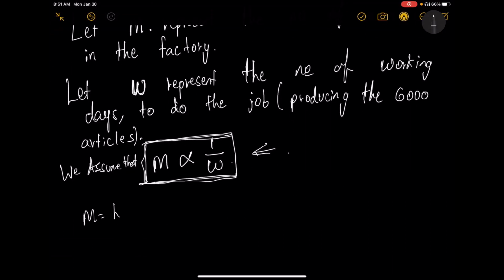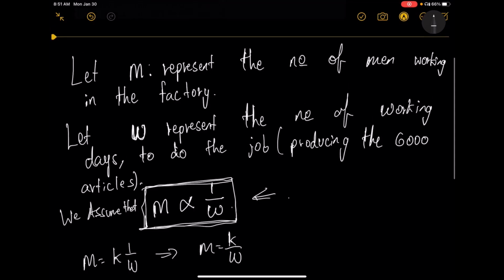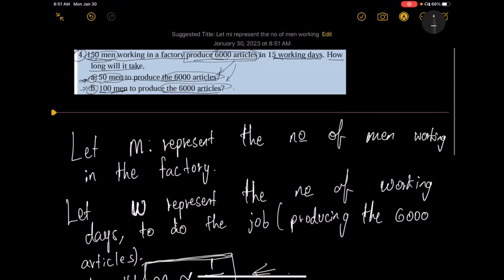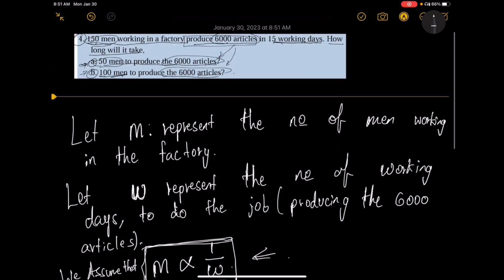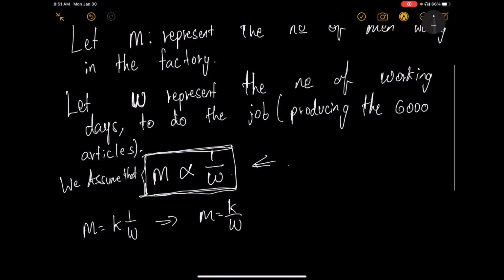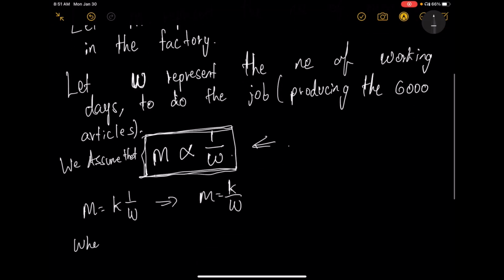m is inversely proportional to w means m is equal to k times 1 over w, which implies m is equal to k over w. It is a very simplistic model, but that is fine, since the purpose is to understand inverse proportionality. Saying 150 men working in the factory took 15 working days, that is when m is equal to